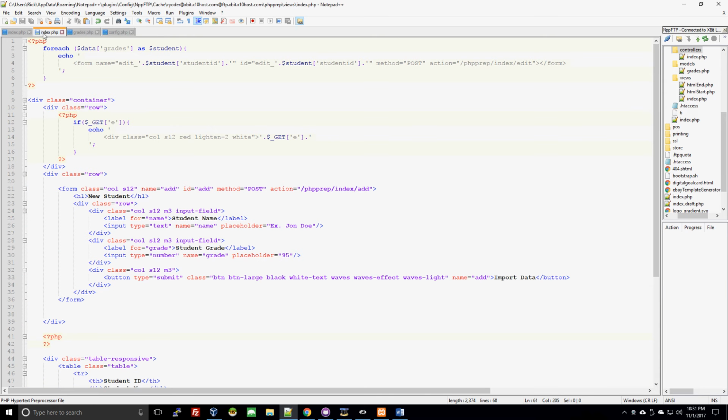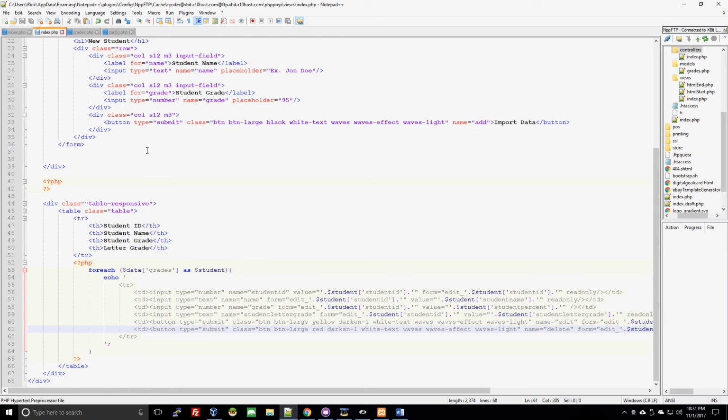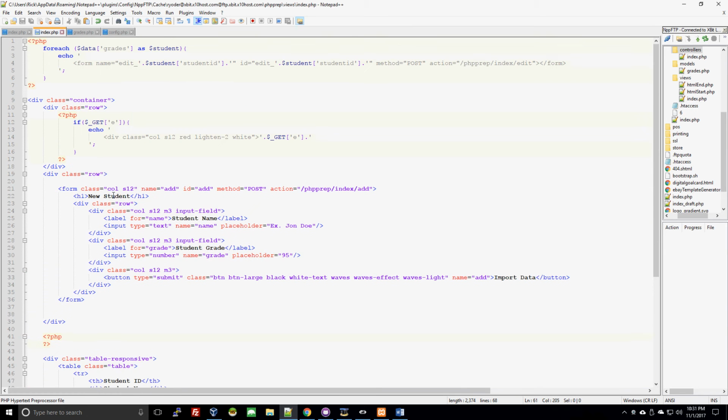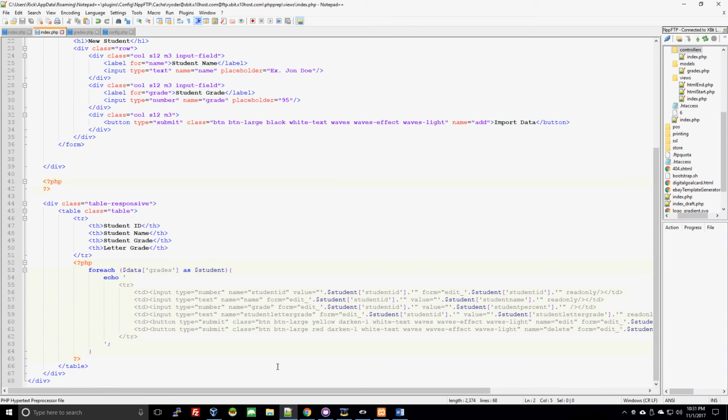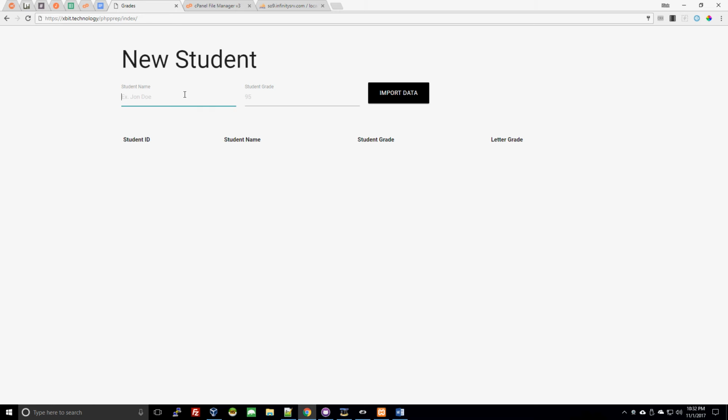Now going to the actual view itself here. So I like to use Materialize for a lot of stuff. It's very similar to Bootstrap. It's actually based off of Bootstrap. The reason why I like to use it is it looks prettier, obviously. So if I put in another name here,